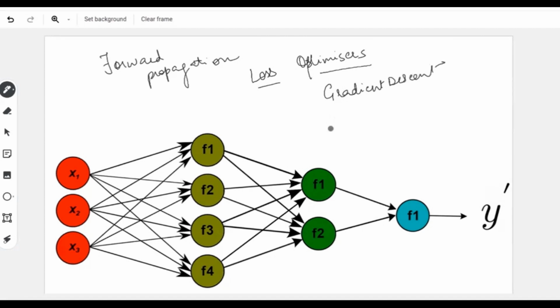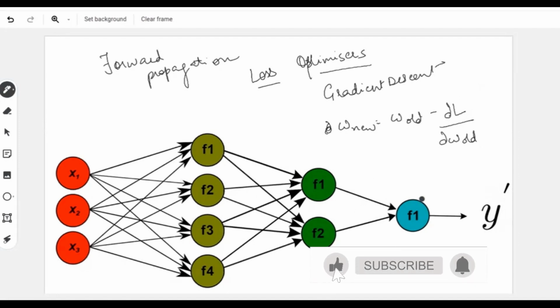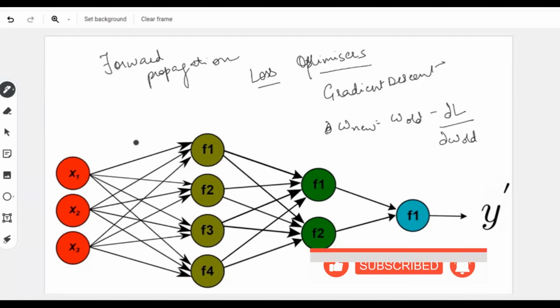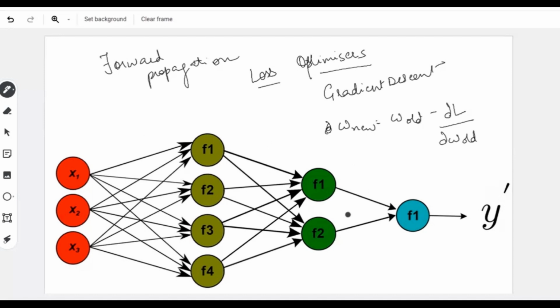The formula of gradient descent was new weight is equal to old weight minus differentiation of loss with respect to the old weight. We came across another problem that was happening. Since all of the nodes are so interconnected and so densely connected with each other, it would be impossible to update the weights of the inner layers without changing the weights of the outer layers. So this was a problem. Hence we came across what was known as back propagation. So today we will learn about back propagation.